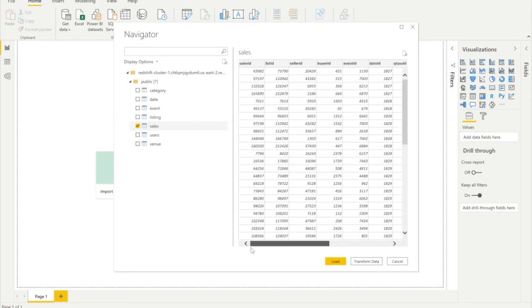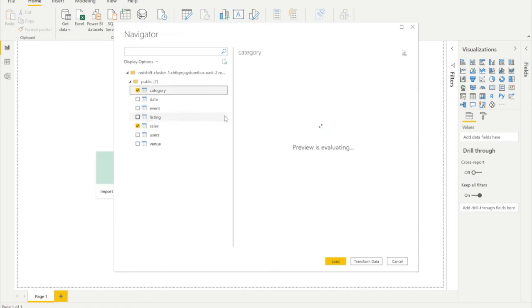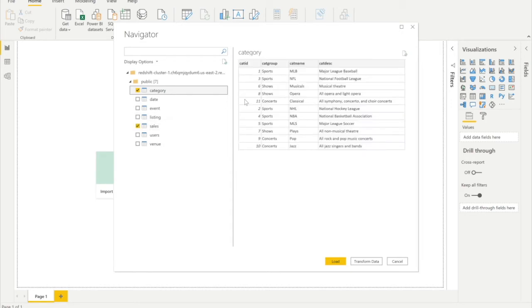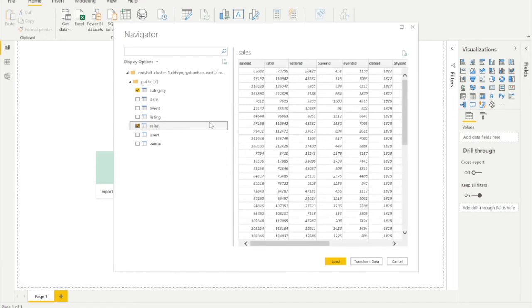Then I have this category table, which has all these columns. Let's check this out. The category table has category ID, cat group, cat name, cat description. So here we have the category ID column. Then I have this sales table where I have list. We have to check which table can get us the result, so we don't have any matching in this. The same way, you have to be aware of which data tables can be matched together, which tables will have existing columns, existing fields which can be matched together.